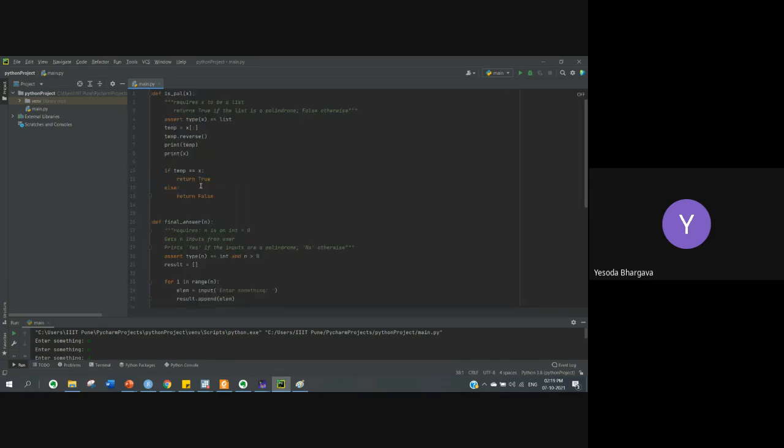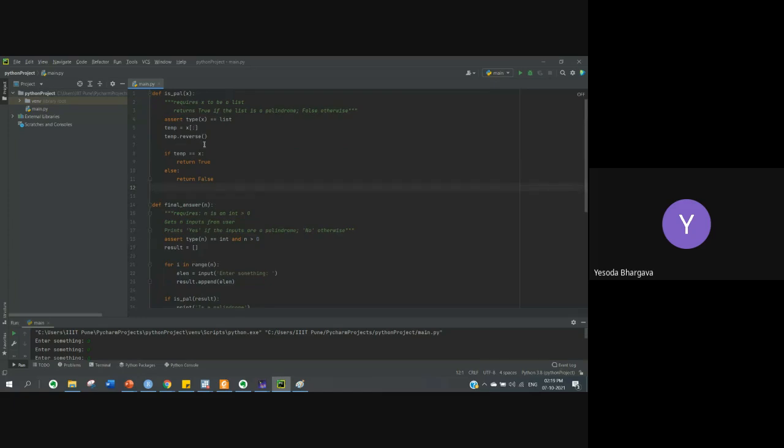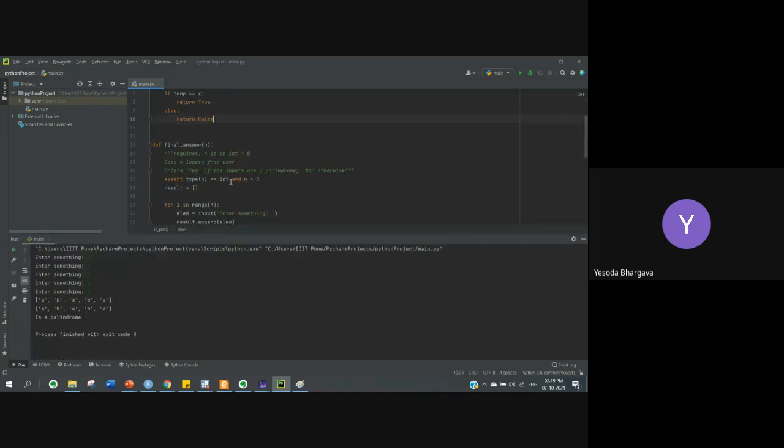So using this example, I tried to show you briefly how to go about debugging, and after the printing statements and everything have served their purpose, you can remove them. But the idea is very simple. Go step by step, print it, and then try to understand what is going on.